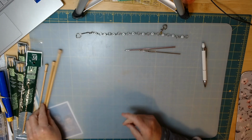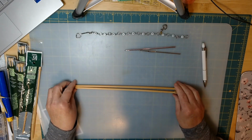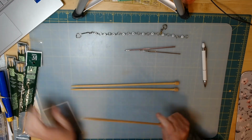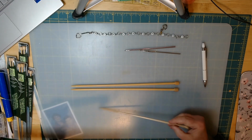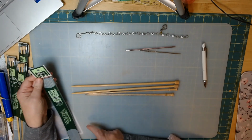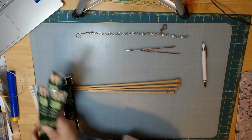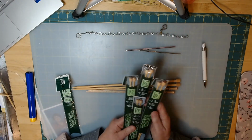If you are an old knitter, you remember the dreaded straights. These are Takumi Clovers. They're lovely needles, absolutely lovely. If you're on a budget, there's some of the nicest needles for budget, and I have lots of Clover. I have like about 5 different sizes depending on what I'm making, and I don't use these very often to